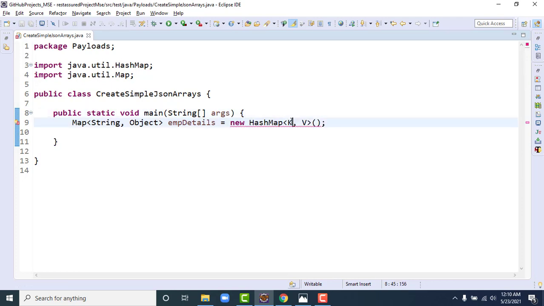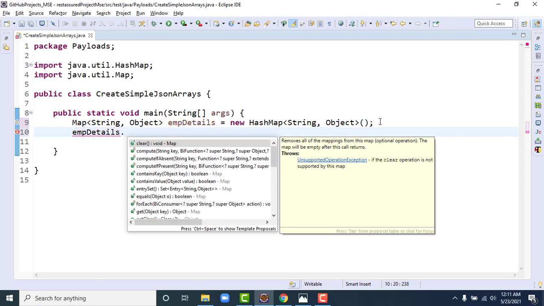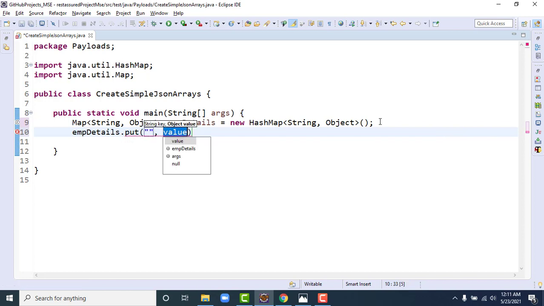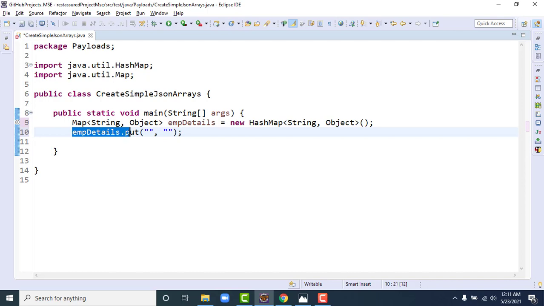I'll need to put string and object here as well, right? Okay, perfect. So now let me fill up the details. Employee details dot put. Okay, so let me copy. How many fields do we have? We have a total of 5 fields, right? So let me copy and paste it 4 more times.